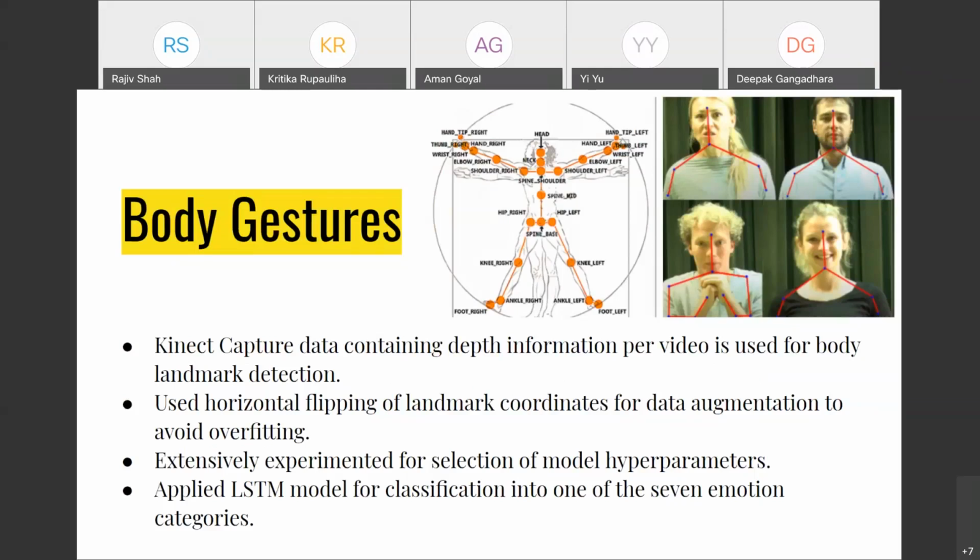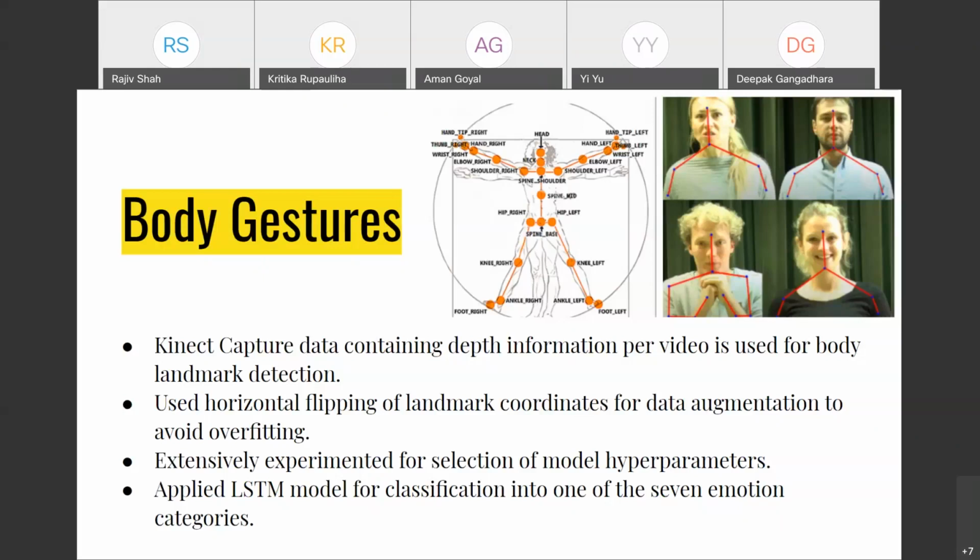Then the data set that we had, the total number of videos present there were very less. So we had 63 videos if we combine the male and female actors. And in each of these videos, there were 5 different instances where that said emotion was being displayed properly. So we had around 315 different samples which we used for training. So the data set that we had was very less. So we used data augmentation.